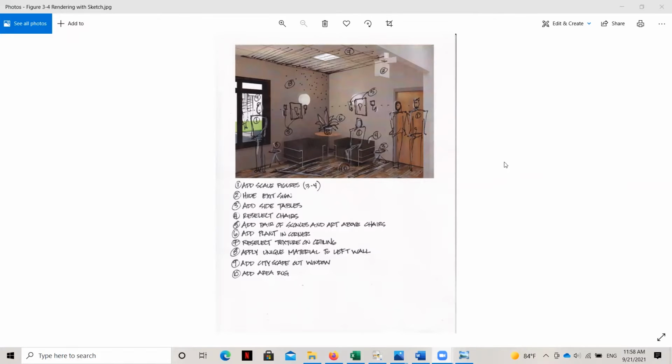What you're seeing here is that printed out rendering on 8.5 by 11 cardstock. And you can see I've got a bunch of white space below here that I have used for notes. But before we jump in to all of the notes, I just want to talk through a little bit about what I used to create this. I had a printout, and then I also had a black fine tip Sharpie pen and a white colored pencil.